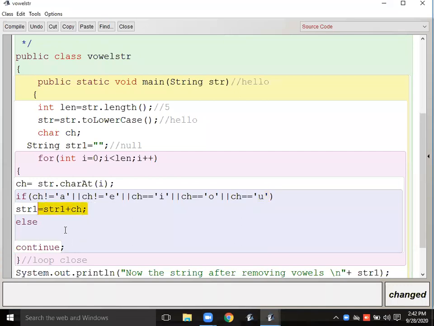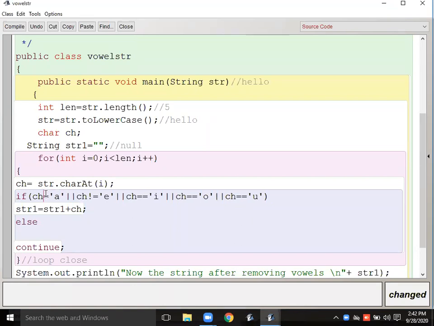It's up to you what you want to do. If you want to make the changes in this condition, not equals to, then you can make this. Otherwise, you can write the continue statement in the if: if it is a vowel, then continue, else do this, means else remove it, like that. Any of the two things you can do over here.